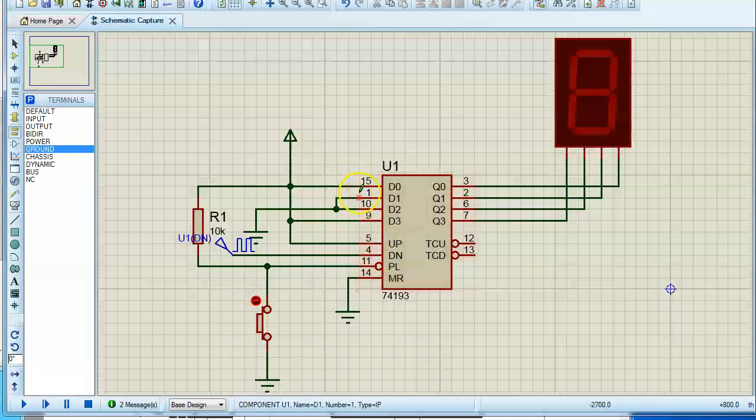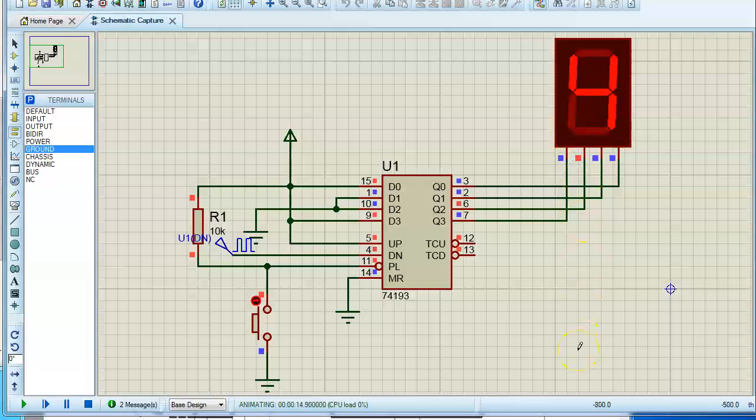That means the value will be loaded. When I release the switch, the counter will start from 9 and it will start down counting. It's supposed to do that. Let us check that now. Yeah, you can see here it's with the 9. Now you can notice this pin is getting a clock signal, but still the counter is not working because we are always trying to load the value, which is 9. The moment I release this button, you can see that the counter will start down counting.